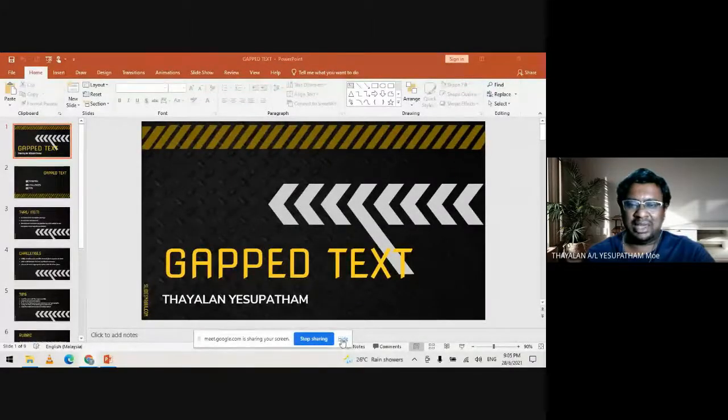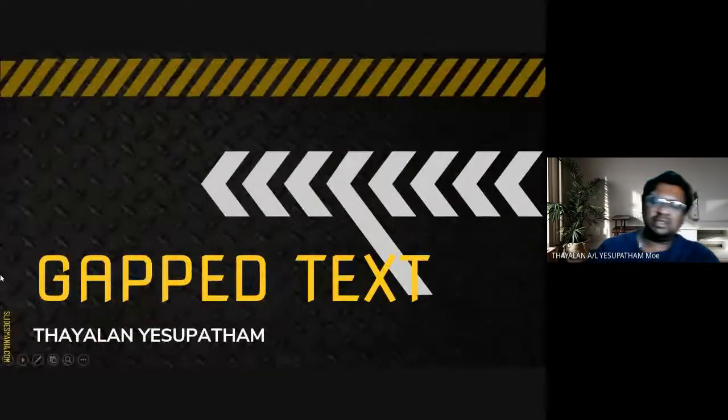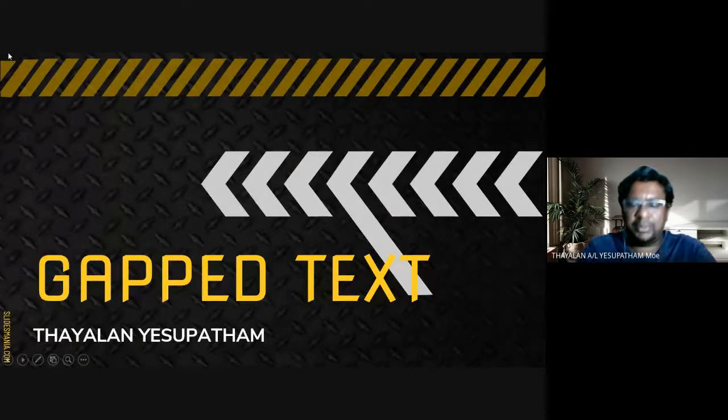Today our focus of lesson would be gap text. This is the fourth part of paper one. We've covered three parts in the last week, so today we'll continue with gap text. This is something you would have done in PT3. This is just an extension to it, but in a little more complex manner.